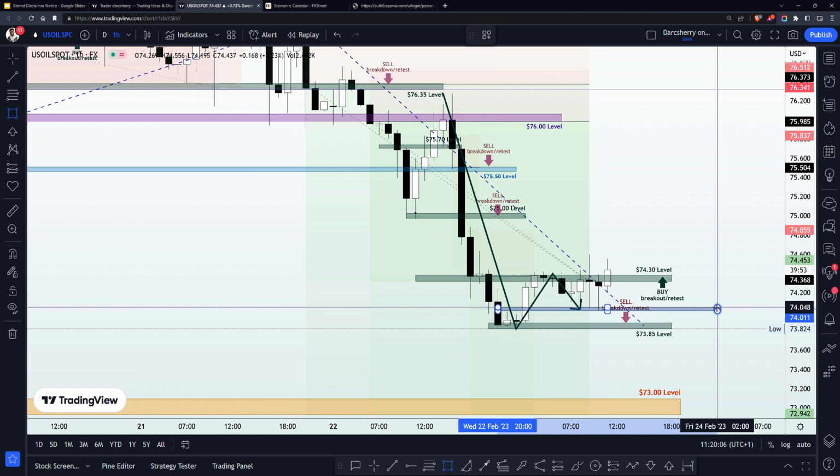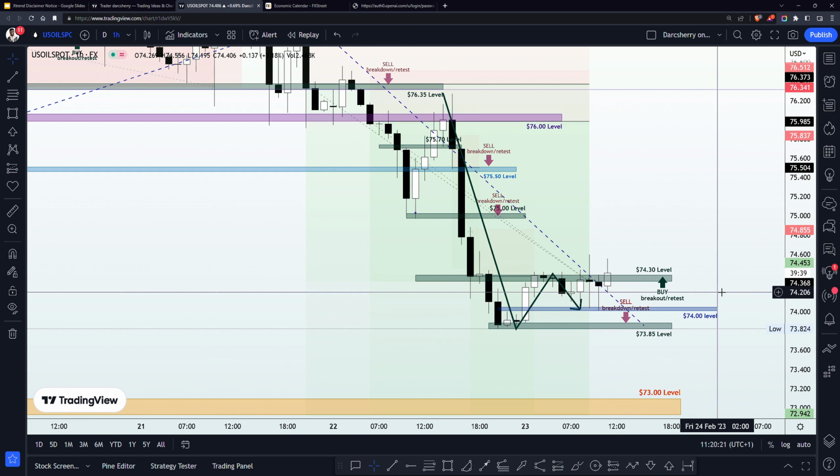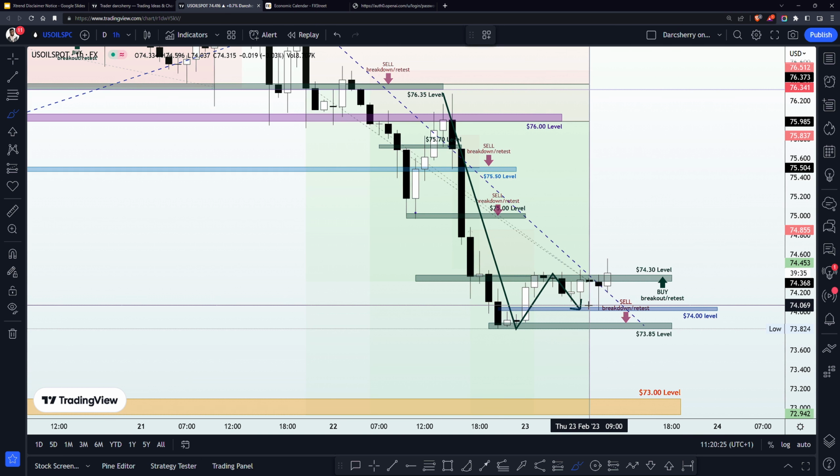So we have the $74 level figured out, which is one key level that we want to be focusing our attention on today, and at the same time using these to guide our trading activity for today. So we have the $74 level, a strong psychological level there, and we can see what has been happening here in the last 4 hours.